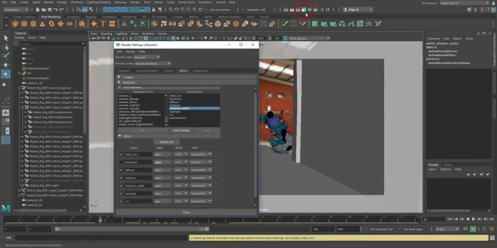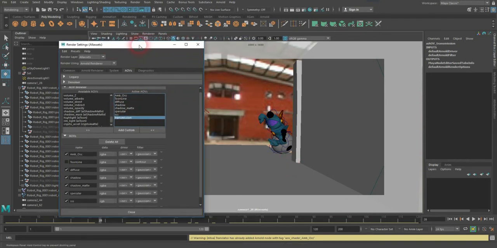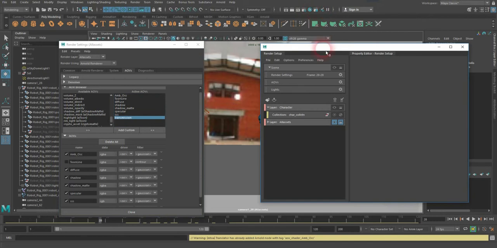I'm going to open up my render settings. I have all my AOVs. I have an ambient occlusion. I'm going to test out an outline with it, diffuse, shadow matte, specular, subsurface scattering, and transmission, because I have all of the things that my character needs. I'm going to render out all of them except for the toon line in this first batch, and I'm going to make sure I create